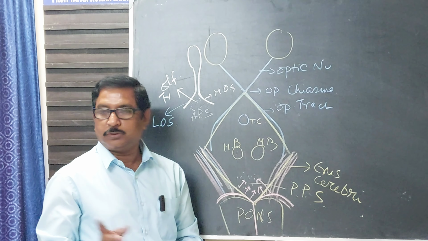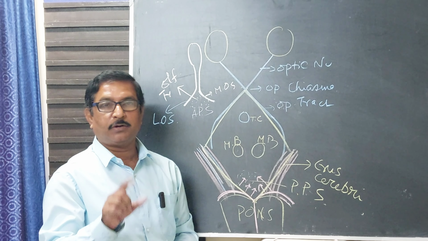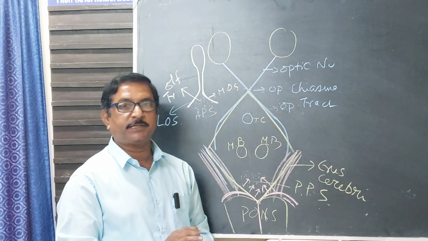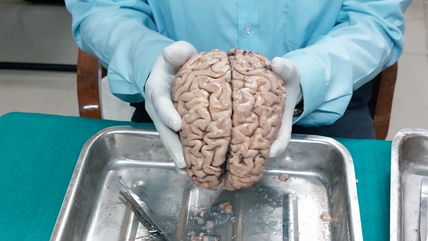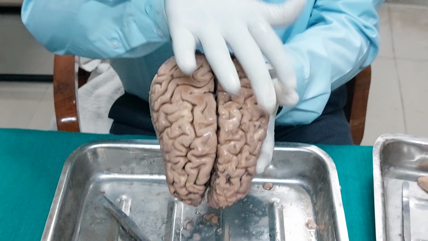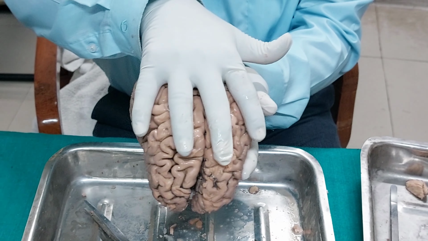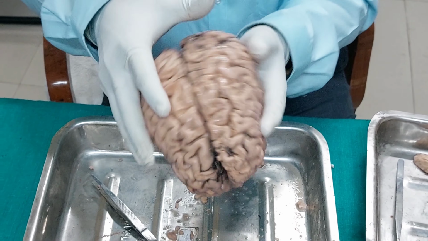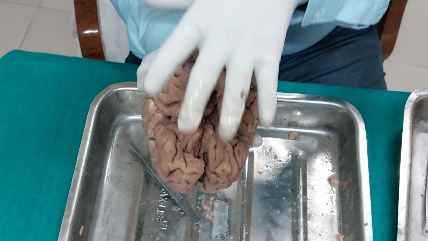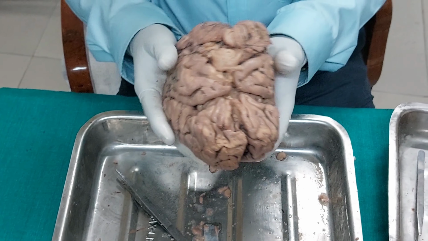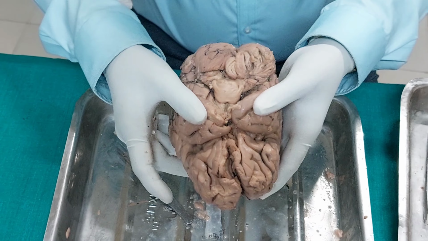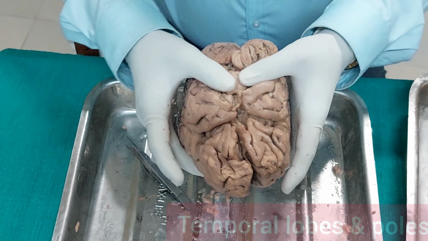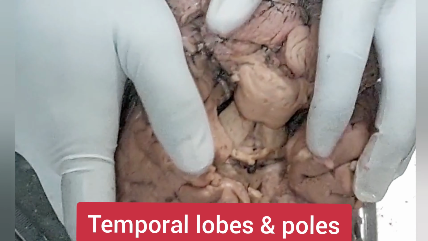Now I am showing you in the specimen the boundary and content of interpeduncular fossa. Let's see the specimen. This is the cerebrum as a whole. This is the upper surface, lateral surface, and this is the base of the brain or under surface. And here we will see the interpeduncular fossa. These two are the temporal lobe and temporal pole. Just I am separating the temporal lobes sideways,